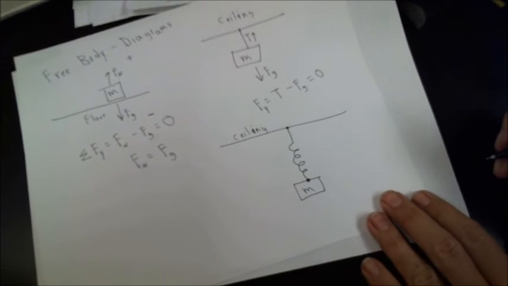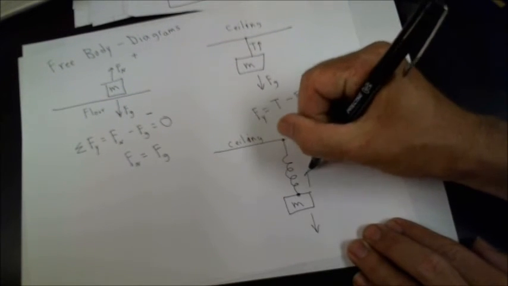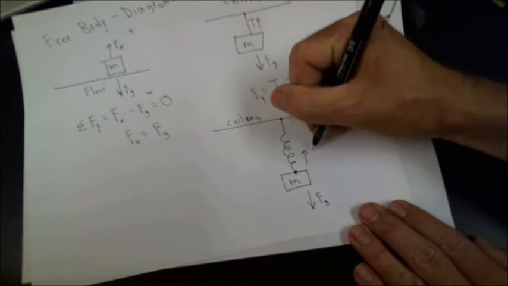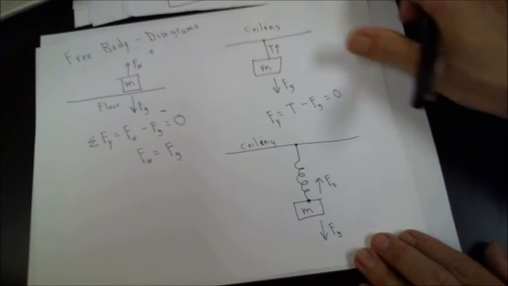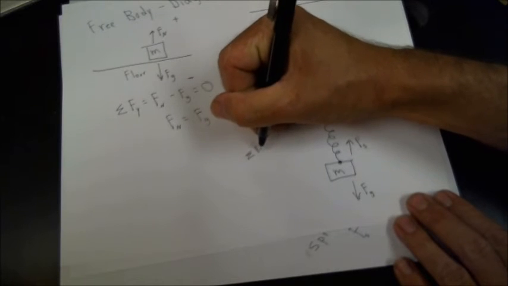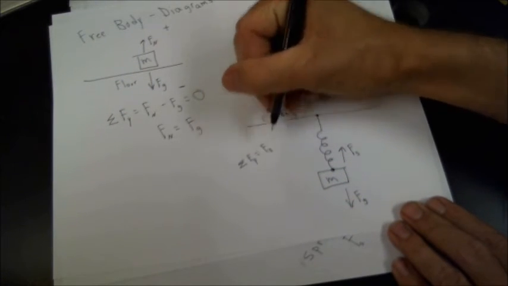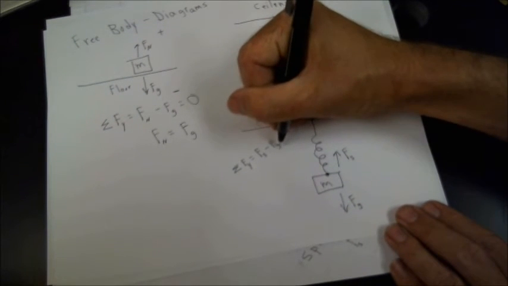Now when I draw this diagram, it's going to look the same, an arrow going down and an arrow going up. The down arrow will once again be the force due to gravity, but this time the up arrow will be the force of a spring. And I can set up the same thing. I can say the sum of the forces in the y direction is equal to positive force of the spring because it's going up, negative force due to gravity because it's going down, and that